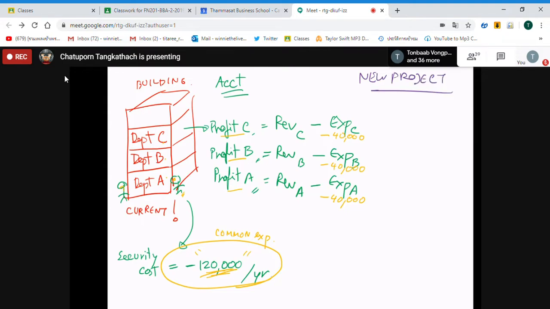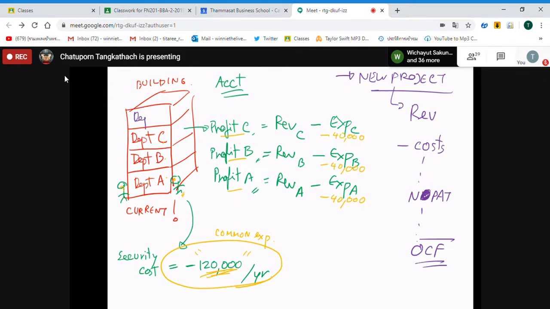So when we analyze the new project, we must have revenue minus our cost, right? And then we have NOPAT that we discussed last time. Okay. Go down to operating cash flow finally. Now, for this new project, the accountant just sees that if we accept this project, the new project will turn